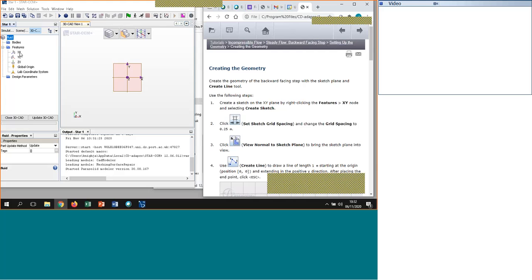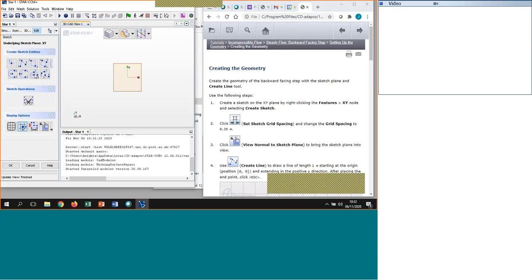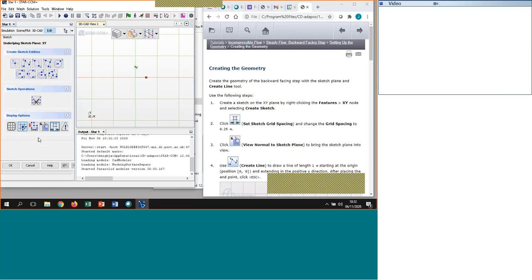So it's the XY node, right click, sketch. Similar to what we did with the cyclone. We've lost the grid spacing here, this one. Change to 0.25. Okay. And this one. And then we've got to